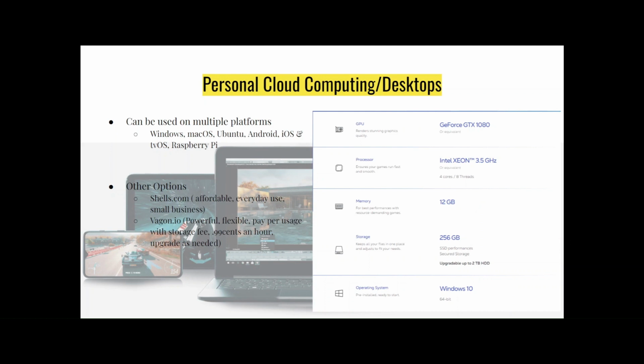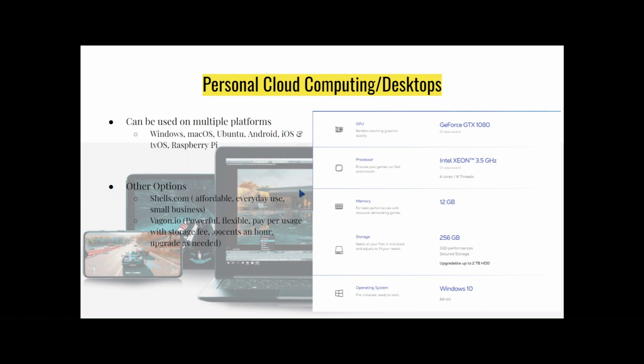So everybody kind of knows about cloud computing already as far as businesses go. But what I kind of wanted to focus a little bit more on is just personal cloud computing. Gaming is really, really big. Everyone's making their own computers, but for those who have built a gaming desktop or just a high performance desktop, we know how expensive that can be. So from a business standpoint, SaaS, PaaS, IaaS, all of those are really, really big as far as saving money. But it's nice that there's a lot of companies out there now who are bringing this to a more